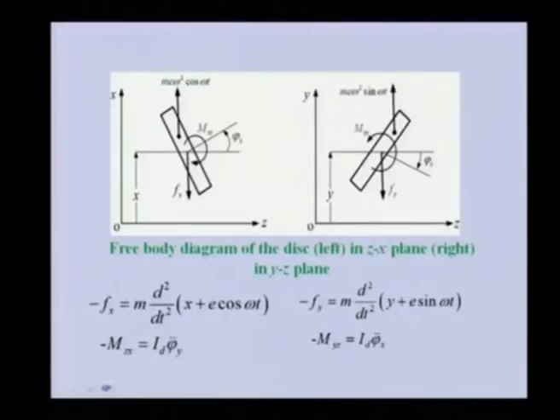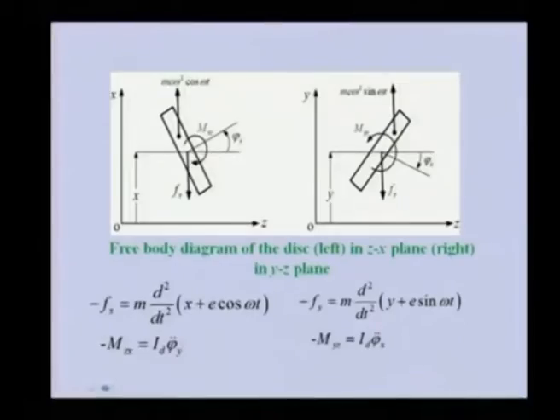And if we want these reactions, we can invert this matrix to get these reactions. Let us say D inverse I am writing as capital E, and these are the displacements at the disk location. So till now we have considered the equilibrium of the bearing and the equilibrium of the shaft. Now we will consider the equilibrium of the disk to get the relationship between the unbalanced force and the displacements at the disk location.